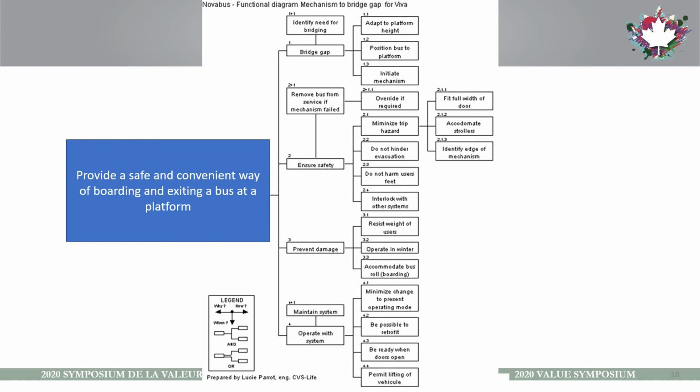For example, this is a function diagram. This is a tool that we use a lot in function analysis. And in this case, for example, we've identified the basic function. This is a bridge plate between a bus and a platform so that people don't fall between the two. They can get off or get on the bus without falling in that gap. So the basic function was to bridge that gap, and we have to do these things. Well, we could decide that we want to